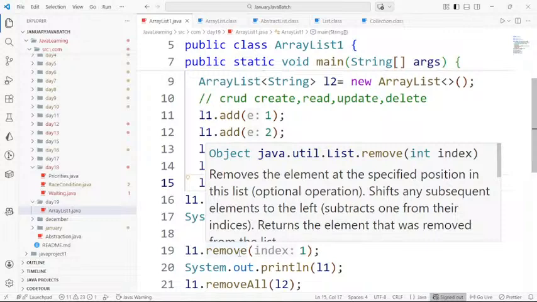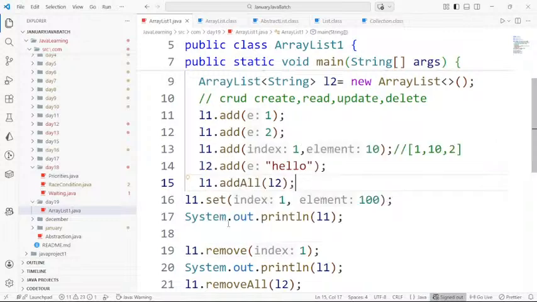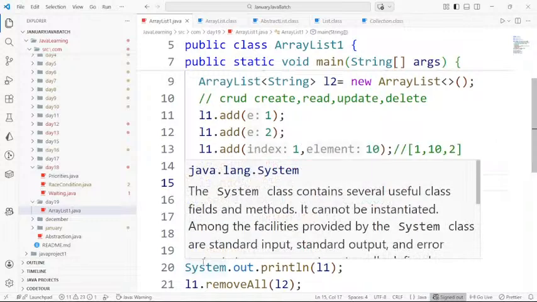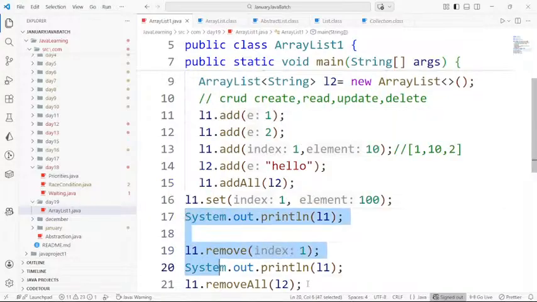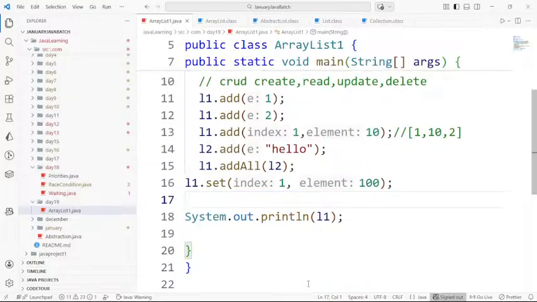Fine. Those are the methods you have, and after that